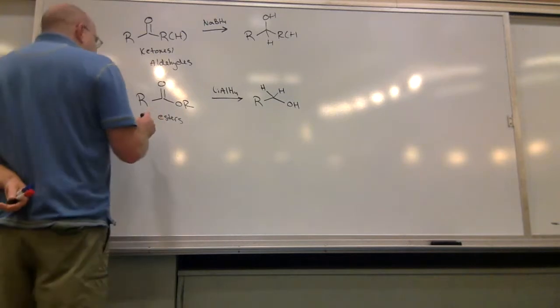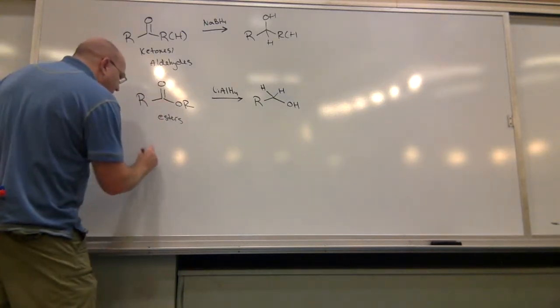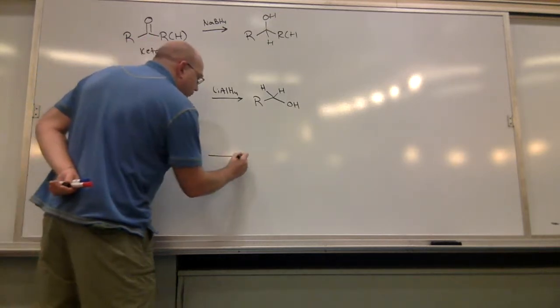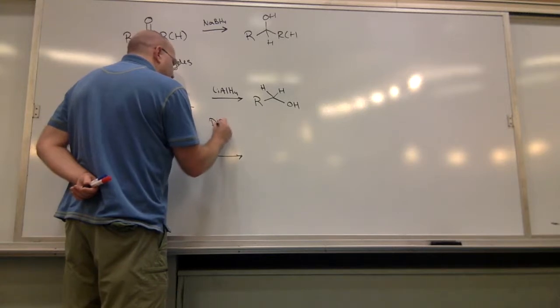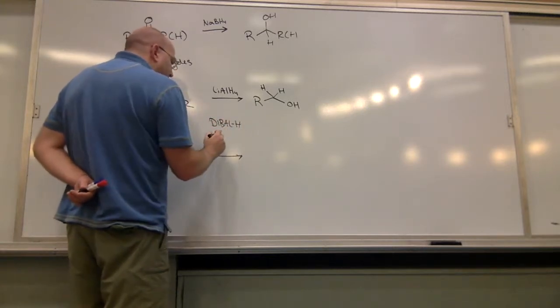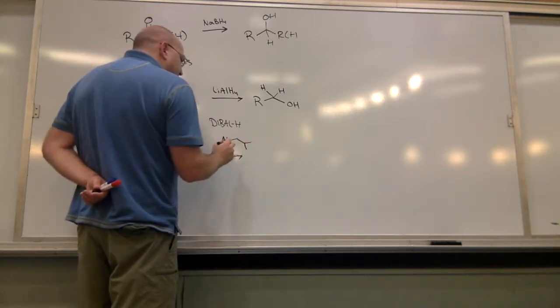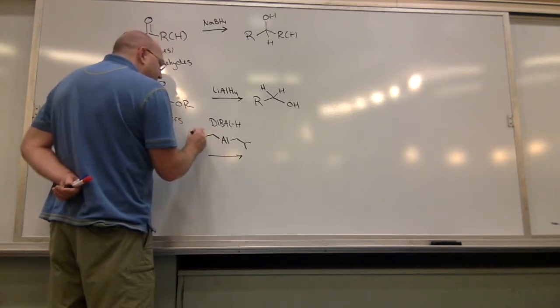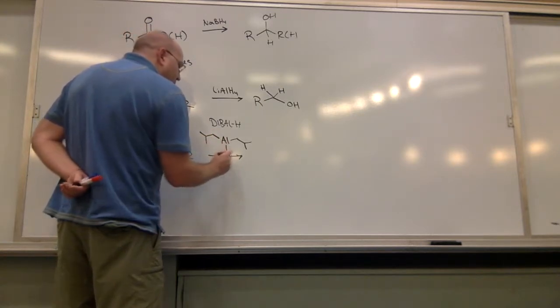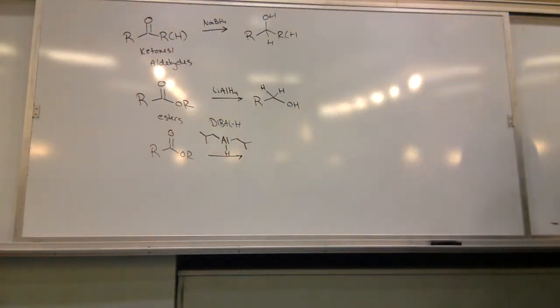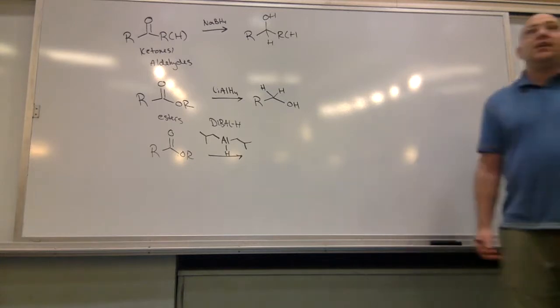All right, so the other thing that we described is that if you want to stop at the aldehyde, you can use a reagent called DIBAL, usually written DIBAL-H. And this is where I was getting all screwed up last class. So DIBAL is diisobutylaluminum hydride, okay? One of the things that I want you to notice about DIBAL compared to lithium aluminum hydride is the fact that the aluminum is actually not